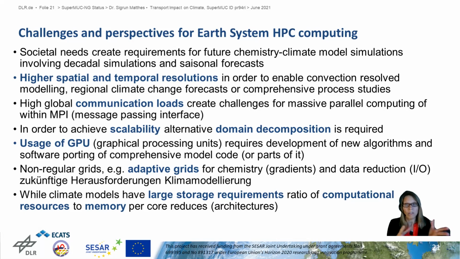An interesting feature is also the adaptive grids or non-regular grids. Such grids can allow you to be, again, zooming in and have a dynamic grid, but this is a real challenge for future climate modeling. And finally, there is one architecture element: the current computing resources have more processing resources and less memory. Climate change simulations are different. So we often use a lot of storage, and this is creating a real challenge.